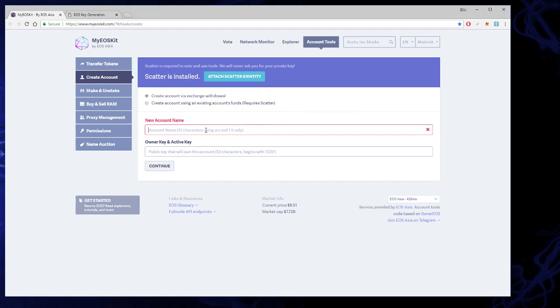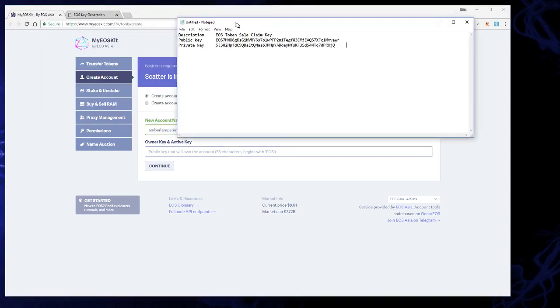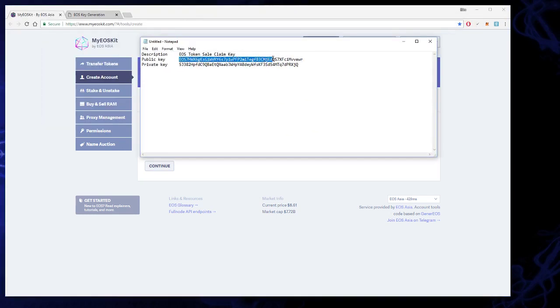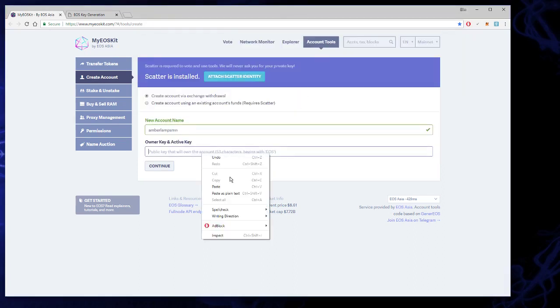You have to create your account name now. It's going to be 12 characters, A through Z, all lowercase, and then the numbers 1 to 5 only. So we're just going to create something random. That's 12, I believe. Yeah. Now you're going to grab the owner key and active key. It's going to be the public key that will own the account, 53 characters, beginning with EOS. So we're going to grab this public key here. Copy, paste it in,